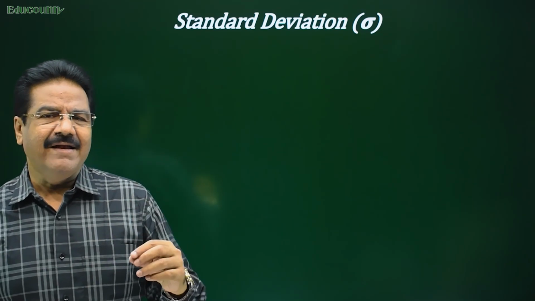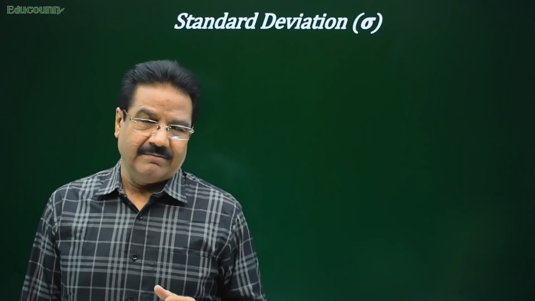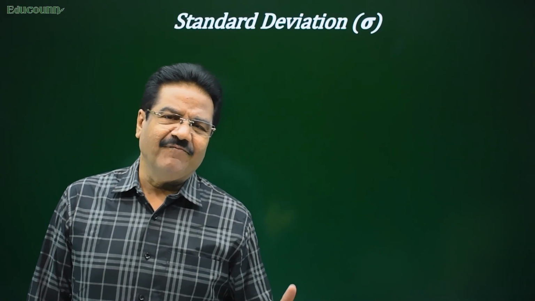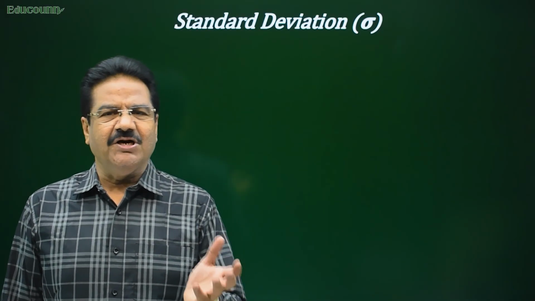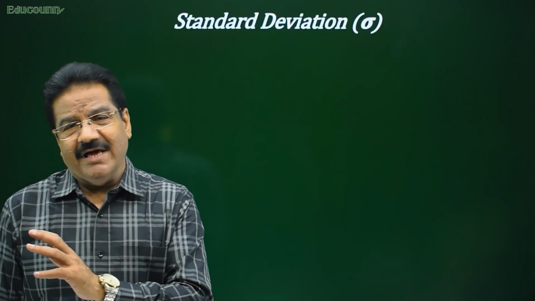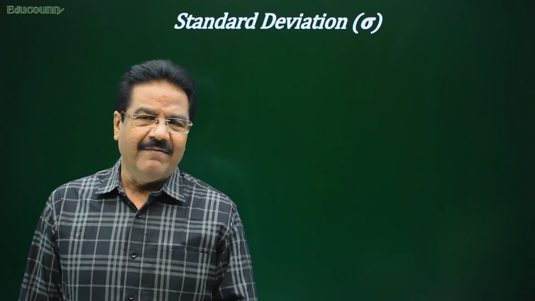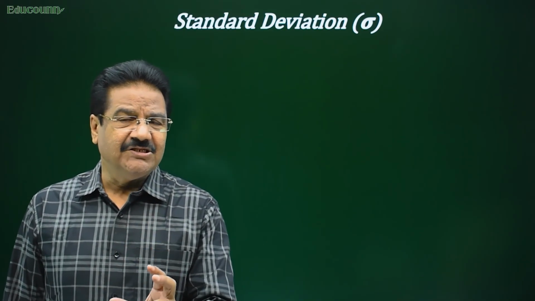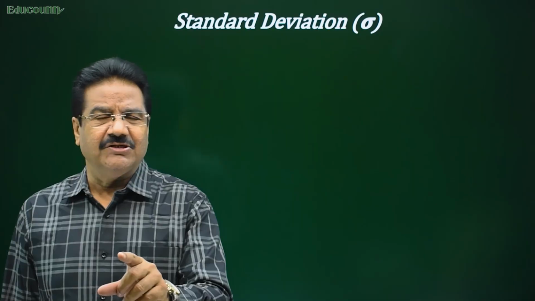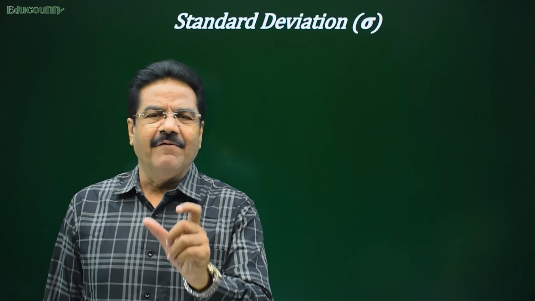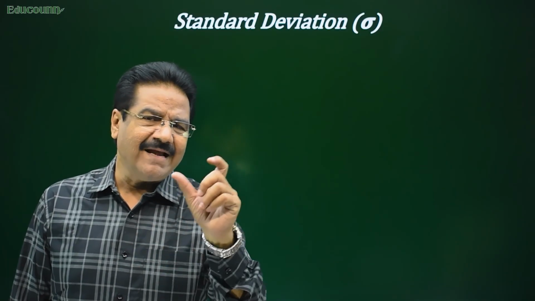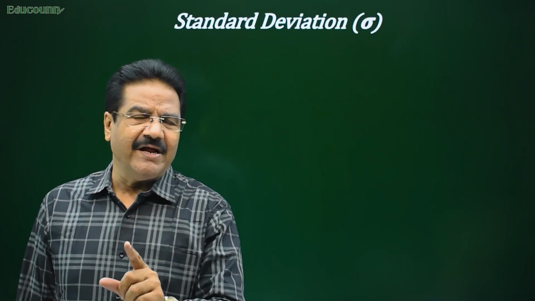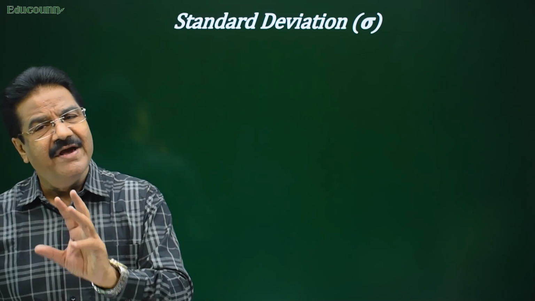75%, with a standard deviation of 22%, then what it means is, in some examination we get 53%, in some examination we get 97%. So there is a huge difference, and whenever standard deviation is very large, then the average cannot be considered a good average. So if you say that the average is 75% with standard deviation 22, then 75% is not a good average because standard deviation is very large.